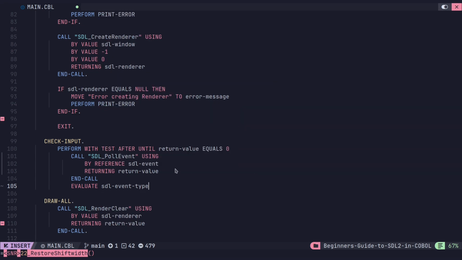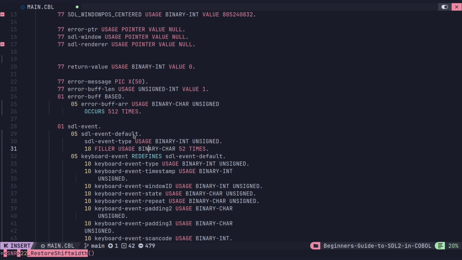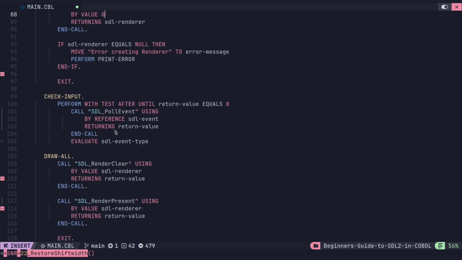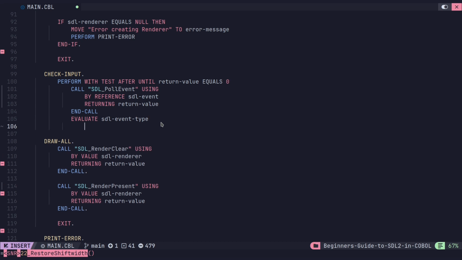Okay, so there's no period there either. So the SDL event type, right here, this is the thing that's in all of them. No matter what you get, you always have this SDL event type populated. This is the thing that we can test if it's a close event or a keyboard event. So that's the thing we're testing first. So we get evaluate SDL event type. And like I said, this is kind of like a switch statement. So we can say when